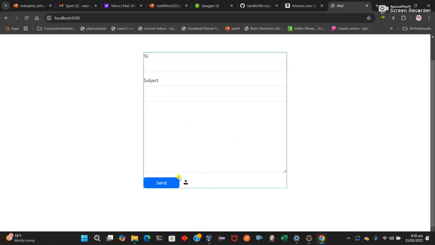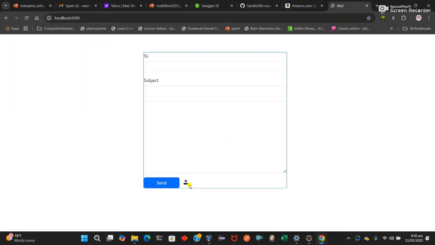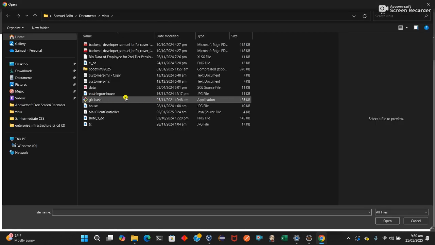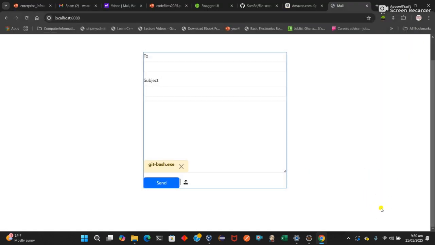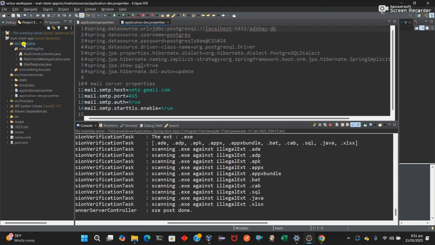That's prohibited. As it stands now, you can attach executable files because it's not listed as prohibited. So if I attach Git Bash, which is an executable file, the server doesn't react. Now we want it to react. So we understood that we are working with a list. Because we are working with the list, we'll go to where we have our extensions, like new client app, where we have our extensions, and then